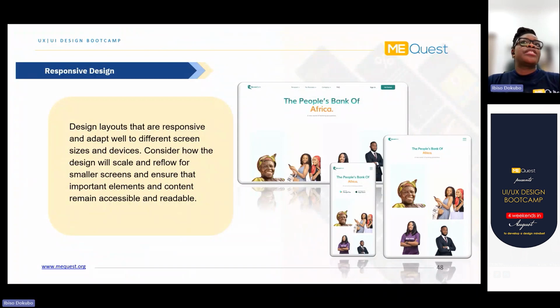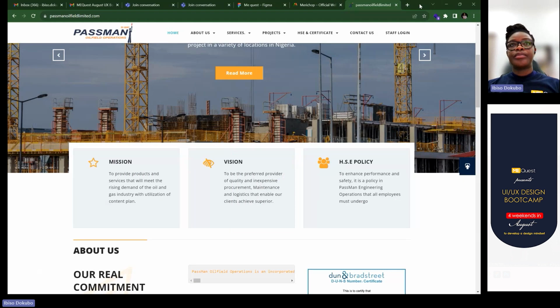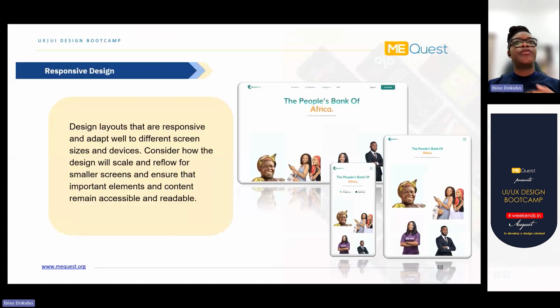Now, another thing is responsive design. As a UI/UX designer, whatever you're designing, you need to make it responsive. So this is Grey Bank, as you all know them. Their design is very responsive. If you're looking at it in the browser, or on your iPad, or on your iPhone, your phone, sorry, it will be responsive. Now, going back to Figma, if you're designing,